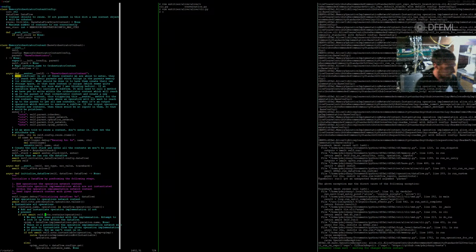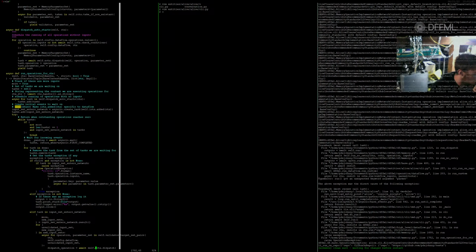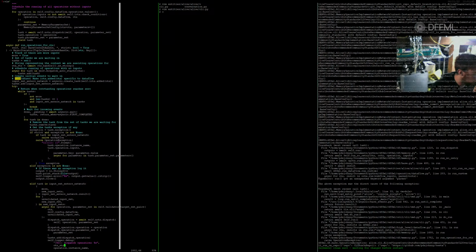Okay, the op-amp network is a good place. Or no, it doesn't even matter. Okay, yeah, it's run operations for CTX. So basically, dispatch, auto starts, CTX. Okay, so in here, I think it's just